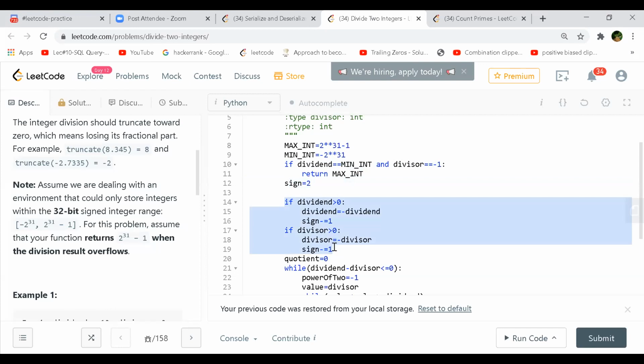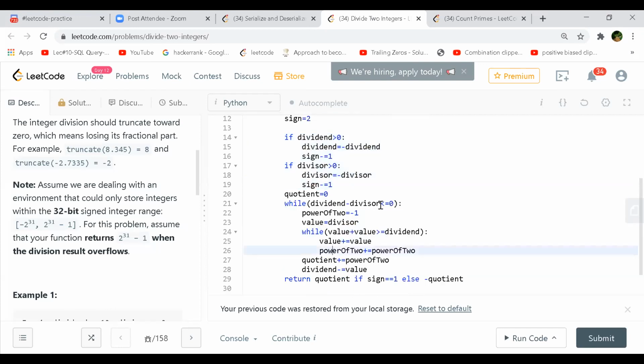And now here starts the main thing. This is the main rule. Every time you do dividend minus divisor, you should check its value, and as long as its value is less than or equal to 0, only then should we enter inside the loop, right? And rather than every time doing one step, I use a power of 2 to store how many times the divisor has occurred, so that at last we'll add it. Initially I've taken it as minus 1 and your divisor is this. My only doubt is, why can't I take 3 values, plus value also? You got my point, right? This means 3 into 2 we are doing, right?